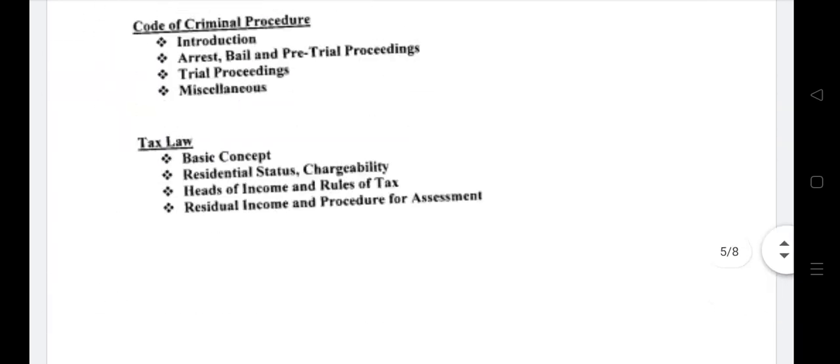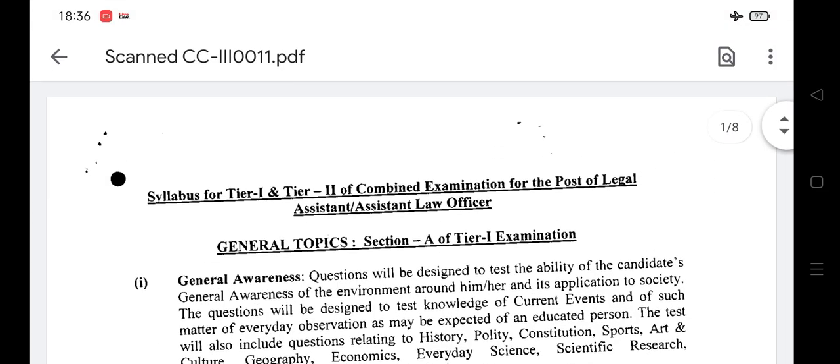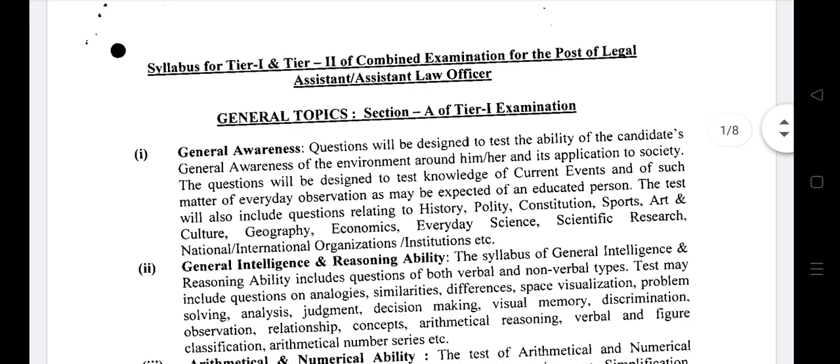So this was the syllabus. Let's quickly see one again if I am reading the correct syllabus, because this is more like a syllabus for a 5-year course. So this is syllabus for tier 1 and tier 2 of combined examination for the post of legal assistant law officer only. Alas, we have to cover all these things, and I will